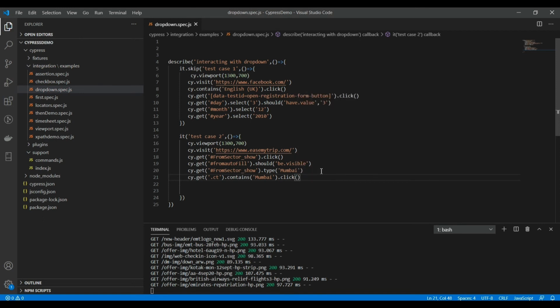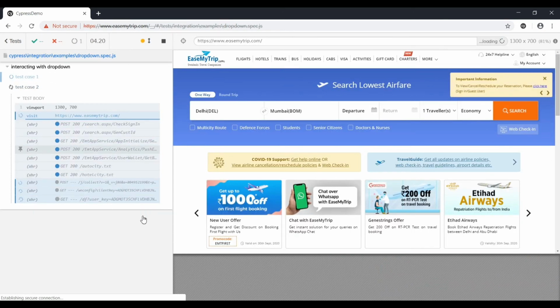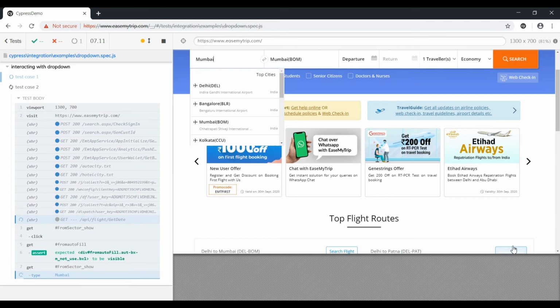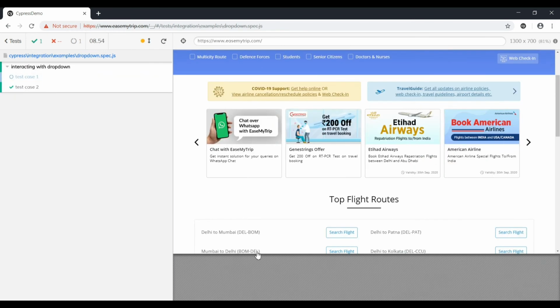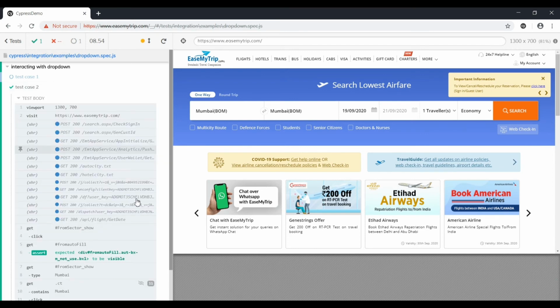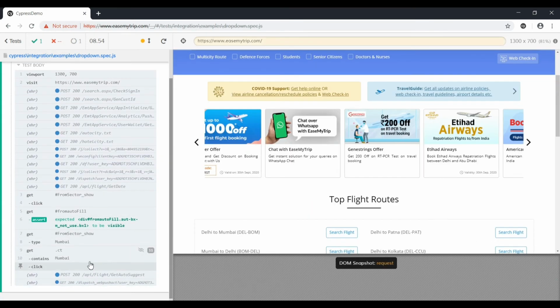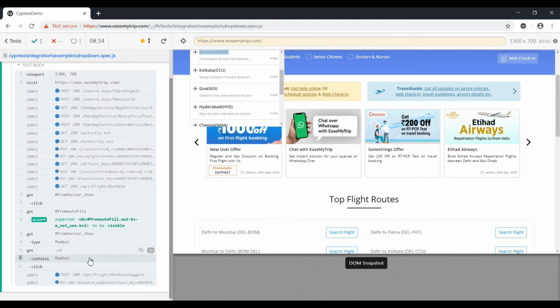So let's see if it is working as expected or not. Okay, the website is loaded. Click Mumbai, and I guess it is passed. Yes, it is passed. So it typed Mumbai, and then from the drop down it selected Mumbai.